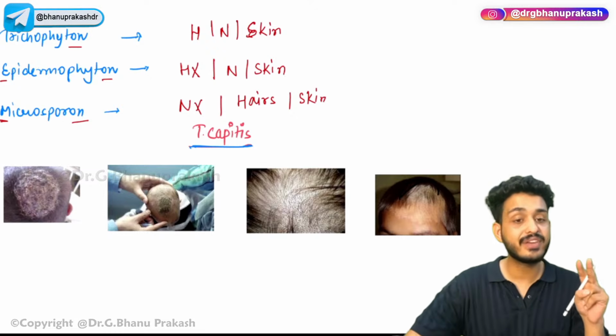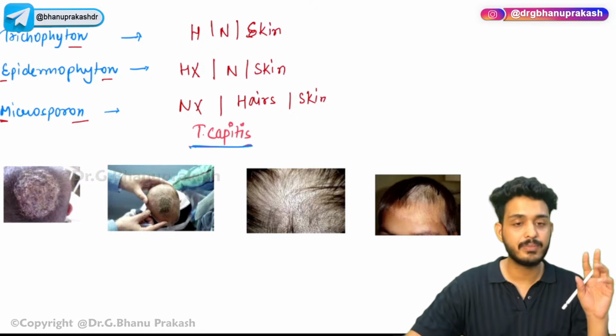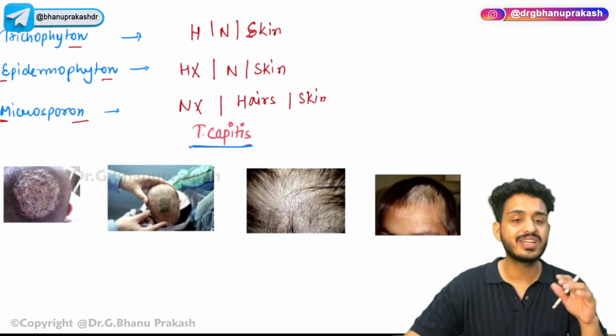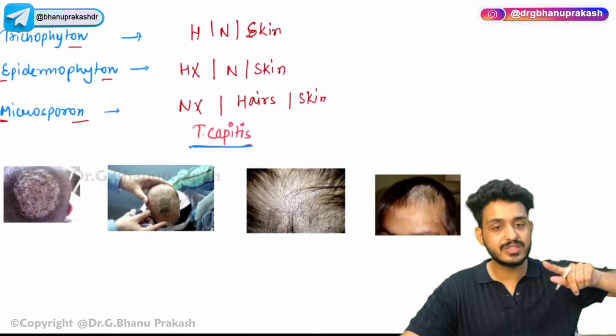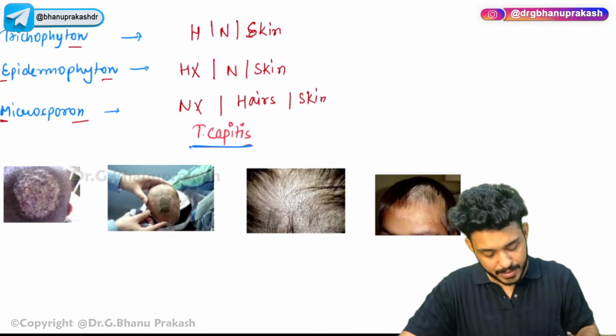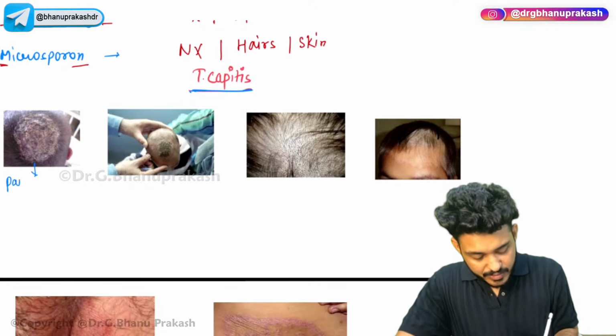I have told you tinea infection is of two types. One is inflammatory type, another one is non-inflammatory type. Okay, inflammatory type means it will be causing scarring type of alopecia. That means once there is infection, there will be no hair growth at that particular area. Okay, simple. So this one first, but look here, they will be giving you a hint in the question, painful boggy